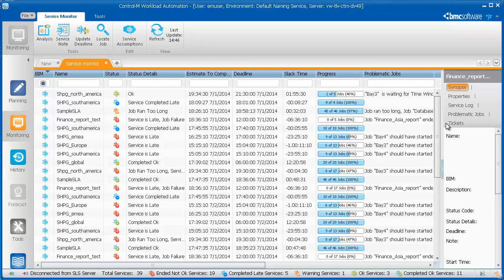But first, let's take a look at some of the information in the Service Monitor about BIM services. In the Estimate to Completion field, you can see the estimated time in which the service will complete. In the deadline field, you see the scheduled deadline for the service. The slack time field tells you the amount of time between when the service is estimated to complete and its